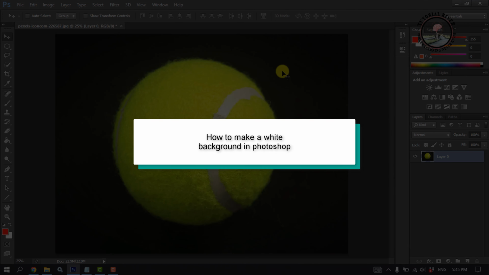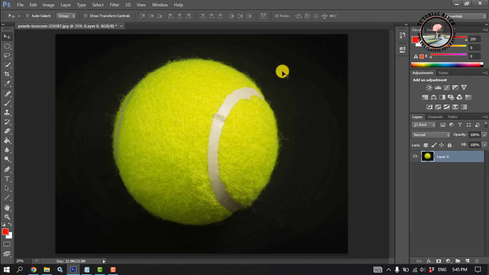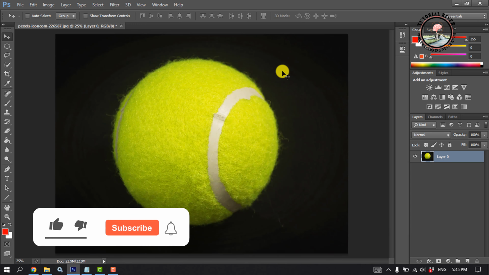This tutorial will show you how to make a white background in Photoshop. First of all, import the photo. We need to cut out the object. I'm going to select the pen tool and select my object here